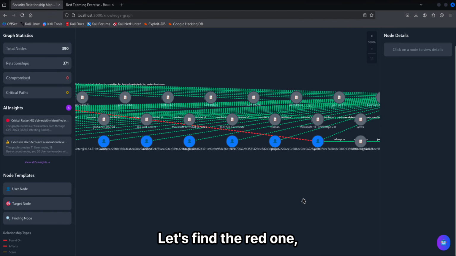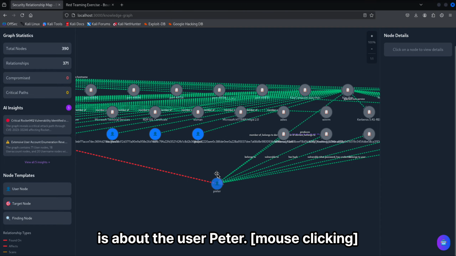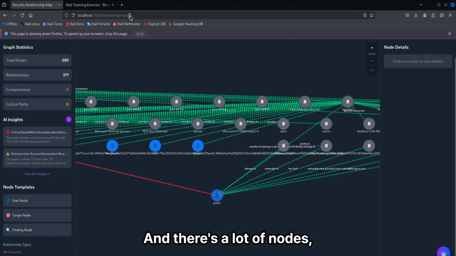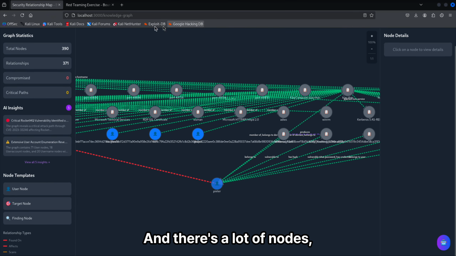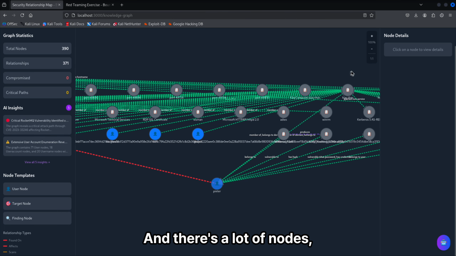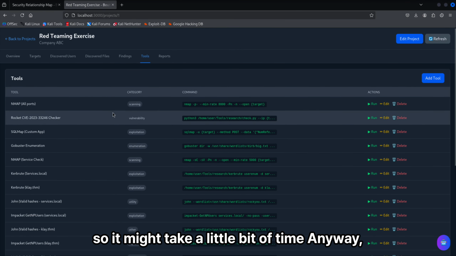Let's find a red one which might be very significant. So this one is about the user Peter, and there's a lot of nodes, so it might take a little bit of time. But anyway, let's go back